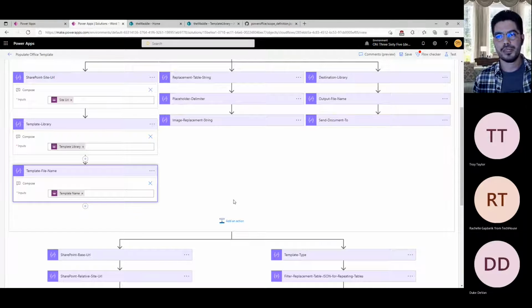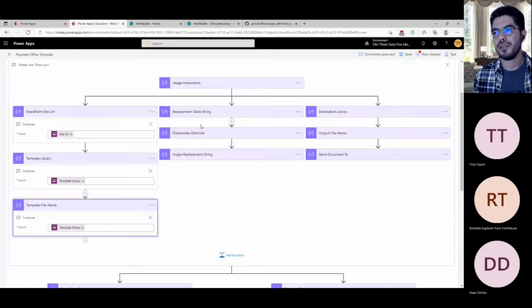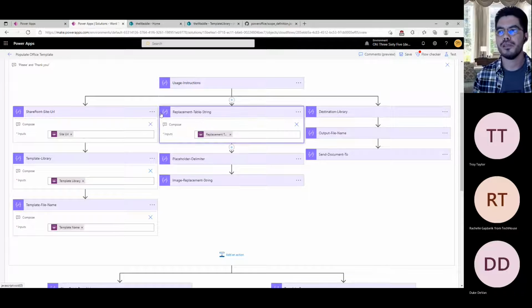The rest of the actions are taking that. There's a lot of other things happening with that site URL, but you don't have to really know about it. You don't really have to care about it because the flow knows what to do. So some of the things I'll call out here in particular are this here where it says the replacement table